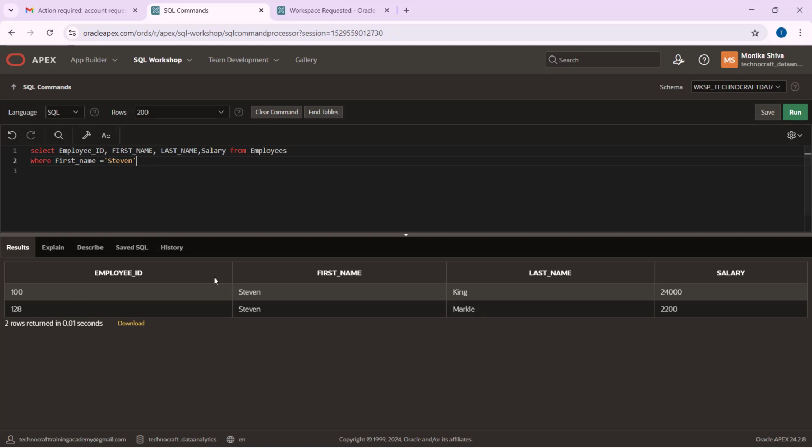In our case, in our table, employee ID is a primary key. So if I was looking for Steven King, then instead of giving his first name and last name, I could have directly provided the employee ID, which is unique for Steven King. Then I could have got only the information related to Steven King. For example, if I provide here the employee ID only,